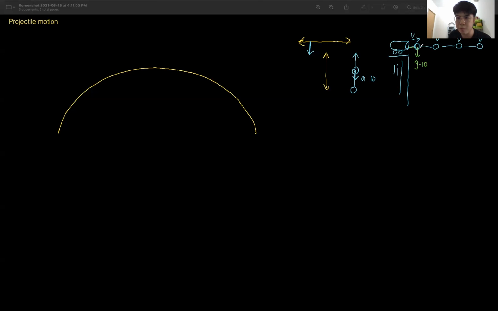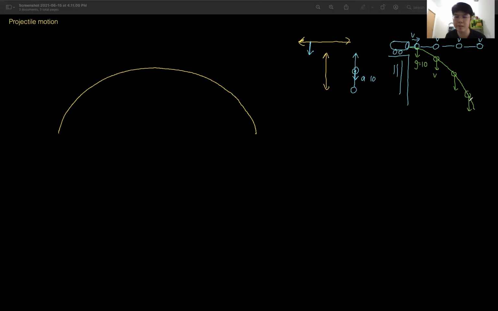It will curve downward like this. Okay, so it curves downward. It looks like a parabolic. Parabolic 就这样子 curve, a curved line like this. It keeps on increasing like this. This is a parabolic. Okay, so every second, here V increases, here V increases, here V increases, and then it